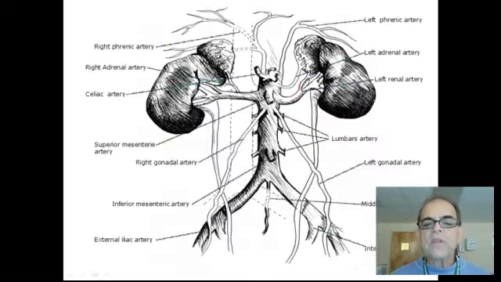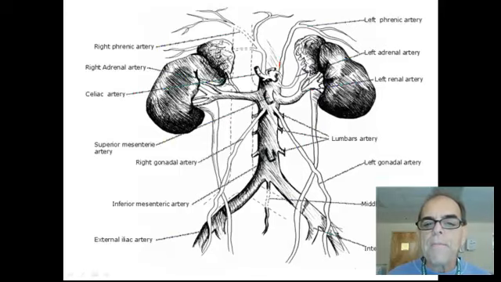The first important branch of the abdominal aorta is not easy to see with ultrasound and is called the inferior phrenic artery. Sometimes in the test they ask about the inferior phrenic artery, but it is not for ultrasound. So, beginning with the arteries of the abdominal aorta that you can see with ultrasound,